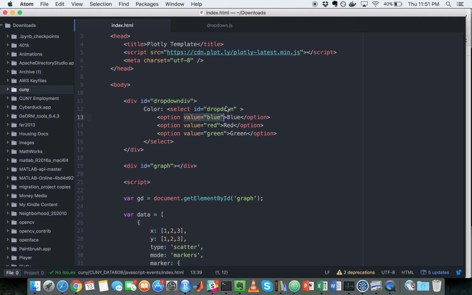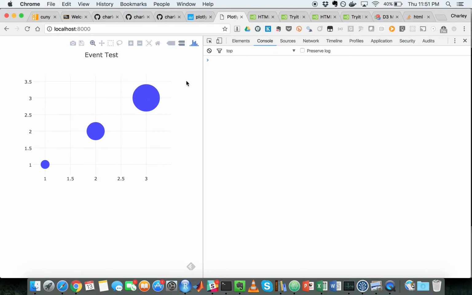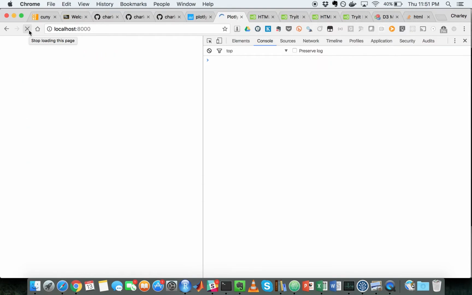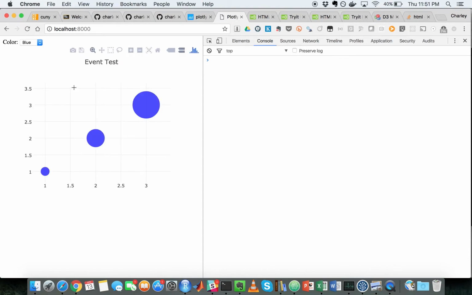So when we go back to our page here, we'll see that the dropdown shows up, but at the moment we didn't tie it to anything. So right now it's kind of just a useless dropdown, and we're going to have to do some work to